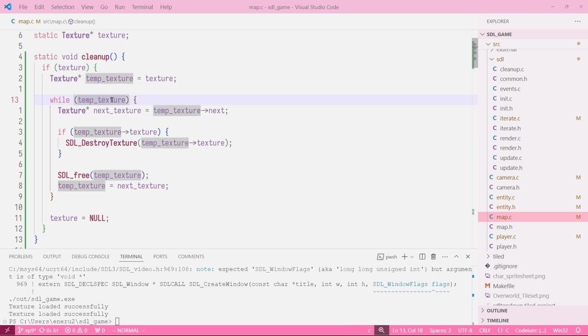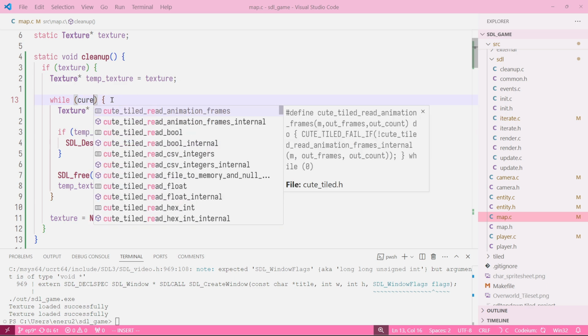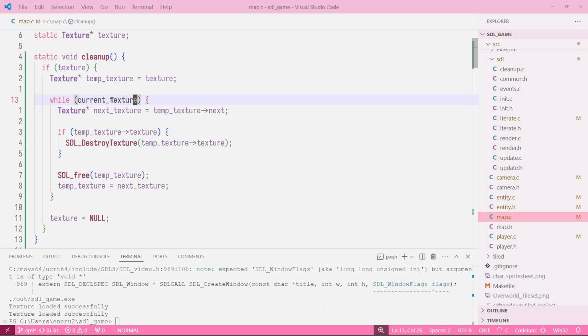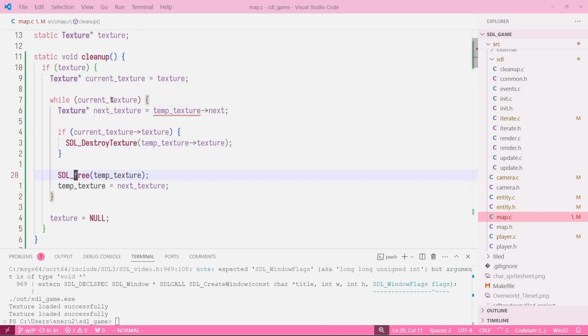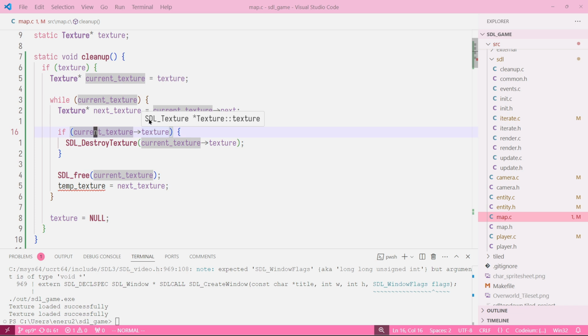in fact, I think that instead of temp texture, current texture would be a better name to make things more clear. So let's change it over here like this. And here and here. Yeah, I think it makes more sense to make things more clear. So if the current texture, which is basically the SDL texture,